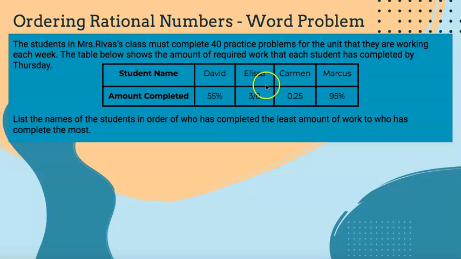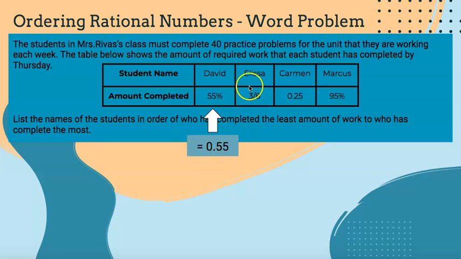So first we want to look at these rational numbers. If we want to put these in order from least to greatest, we need to be able to compare them. We need them in the same form. So the most simple form we can put them in is decimal form. So if we start with 55%, we know that 55% is the same as 55/100. So in decimal form, we got